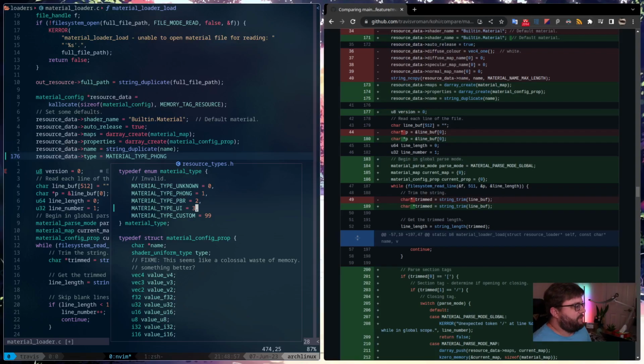Because technically UI materials don't have any sort of lighting model, right? I mean, we could, I suppose,